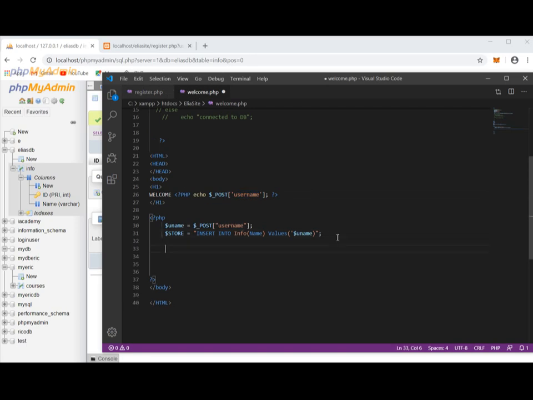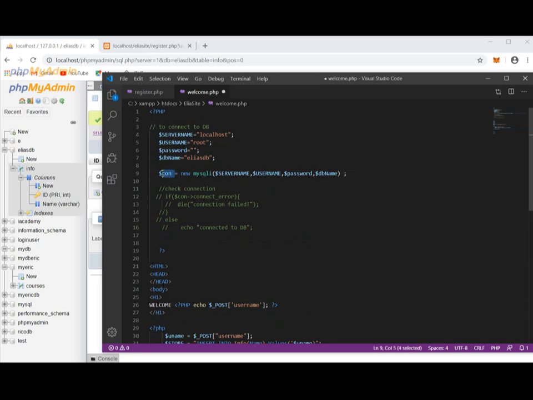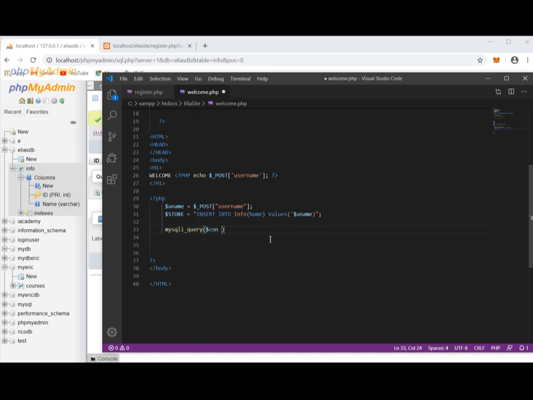Then let us query. To query that one, we need to specify, of course, the command mysql query. Then of what? We need to query by checking on our connection first, going to that database and perform inserting our values here. So this is how to query